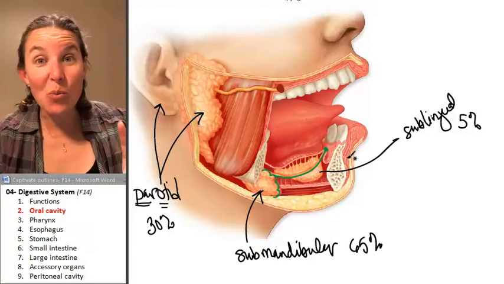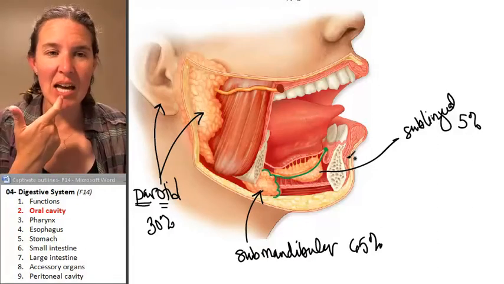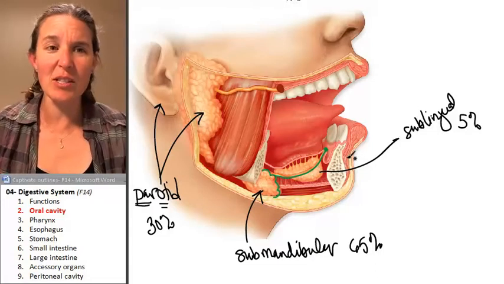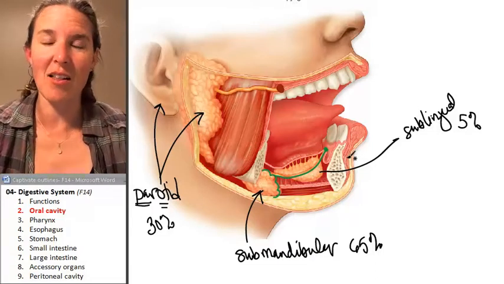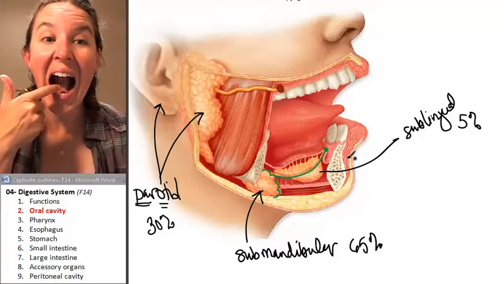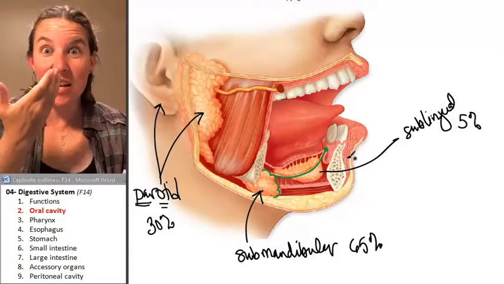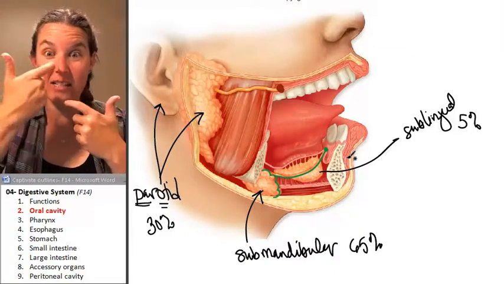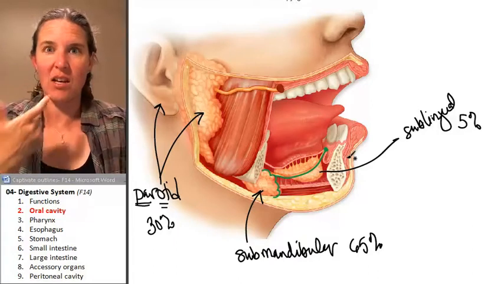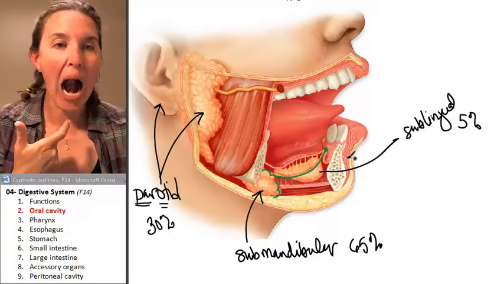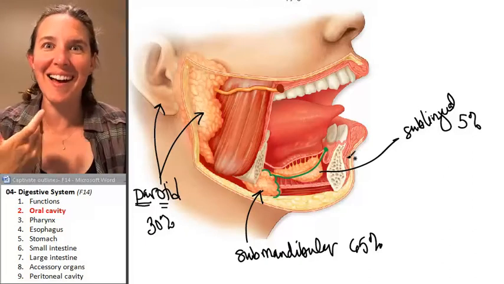And your lingual frenulum is the same kind of structure. Let's see if you can see this without me salivating all over you. Your lingual frenulum is underneath your tongue, and it's a thing of skin that marks the midline of your